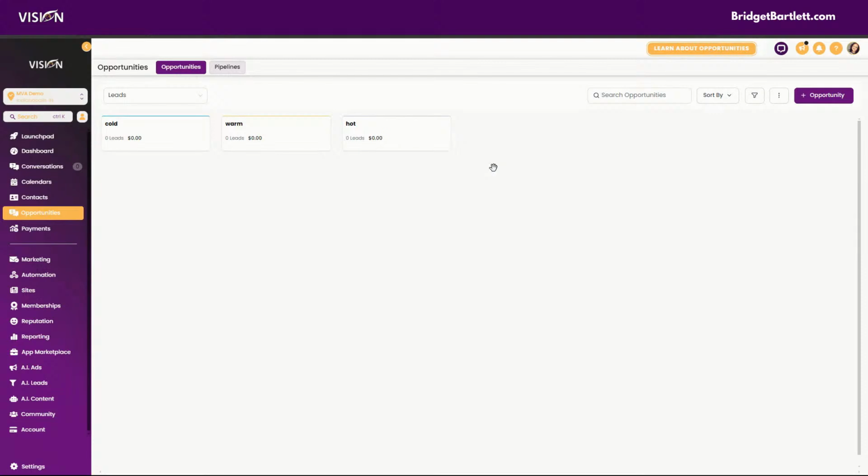Bridget Bartlett here. Today, I am going to give you an overview of pipelines and opportunities within High Level. I'm also going to share with you some behind the scenes of what my actual workflows look like. I'm going to show you how to create it in a very simple way, so if this is your first time ever working with pipelines and opportunities, you have an idea of how